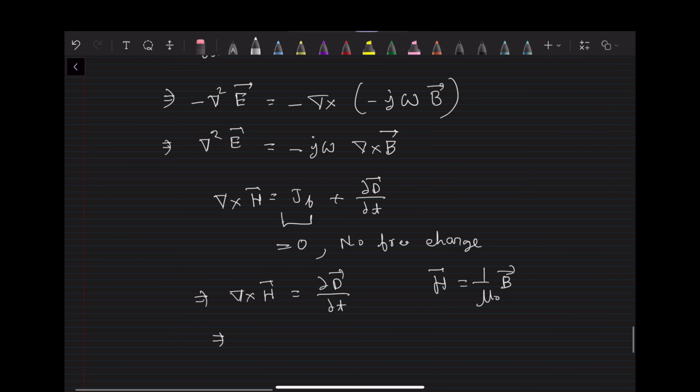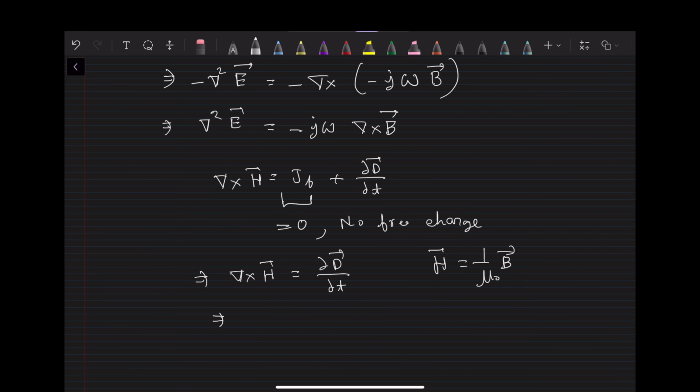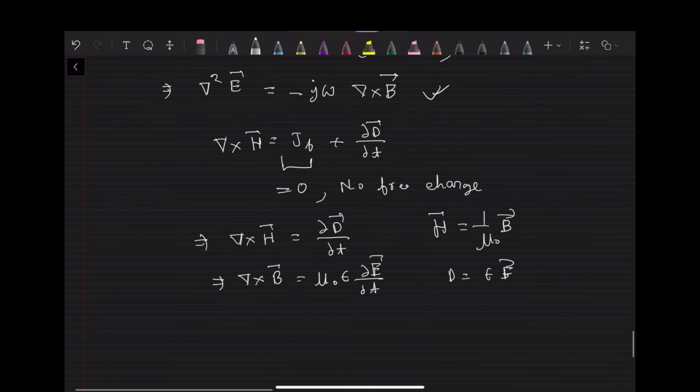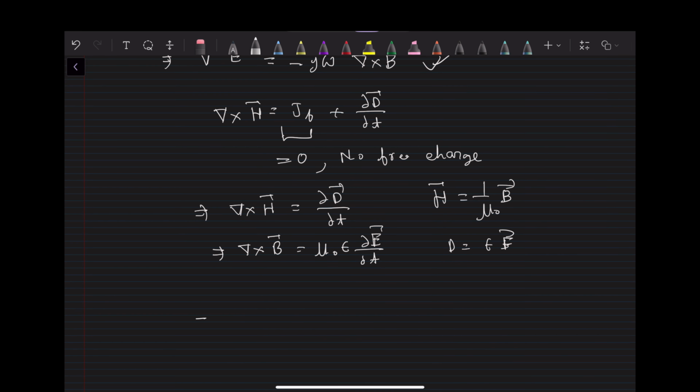Again we have assumed magnetization is 0 because it's non-magnetic, and D we can write as epsilon naught E. So how can we write this equation? Now we can replace all of this in this equation. So what we are left with now,